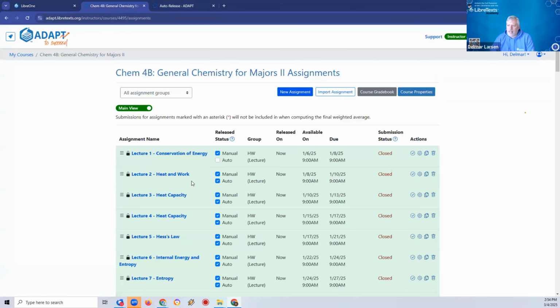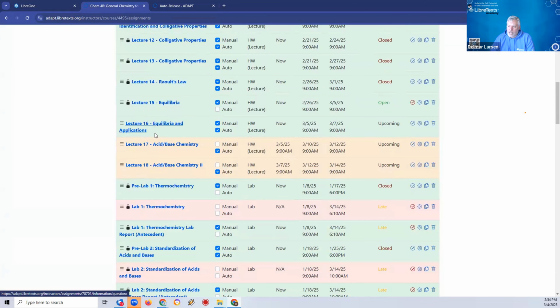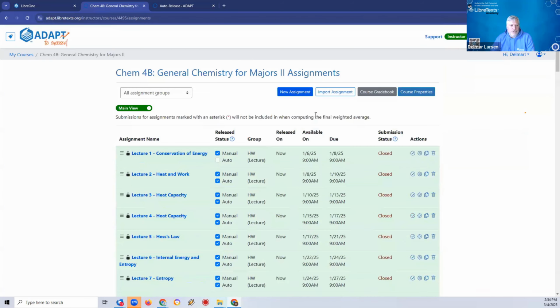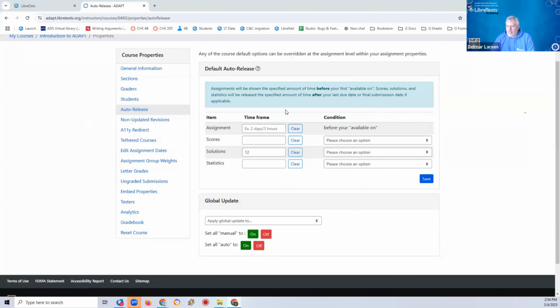I just set this thing automatically, and it just basically tells me, for example, lecture 17 will be released tomorrow at 9 a.m. so students will know it exists. It will be opened up 5 days later, which is Monday, and then they have 2 days in order to solve the problem. And then after that date, I decide when the solutions and the scores and the statistics are released using the numbers I put in together. That's because this is just really painful to manage individually, because there are just too many assignments that I want to have control over. Anyways, that is what the auto release is set up for.